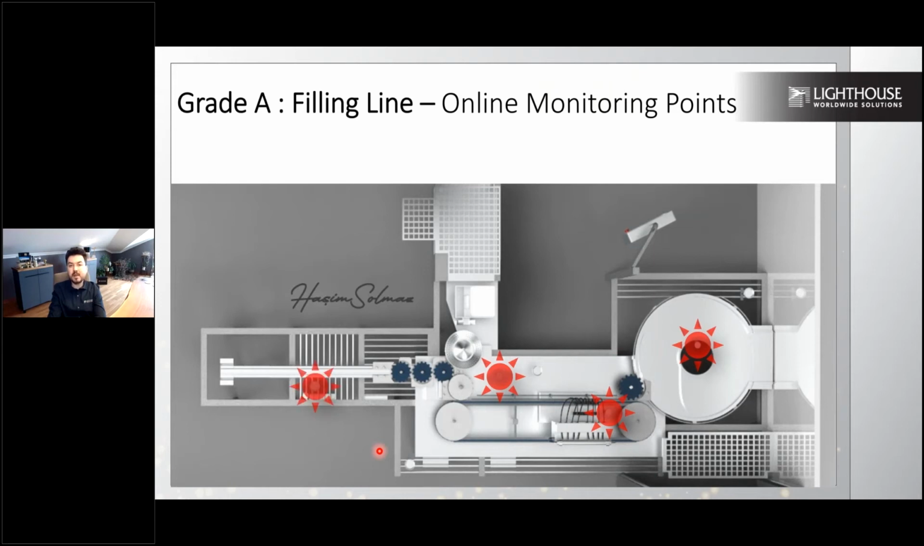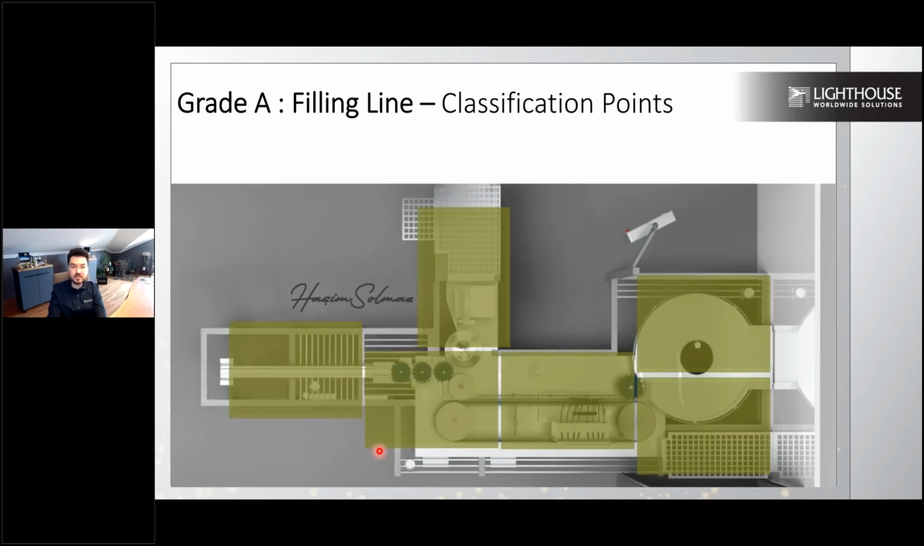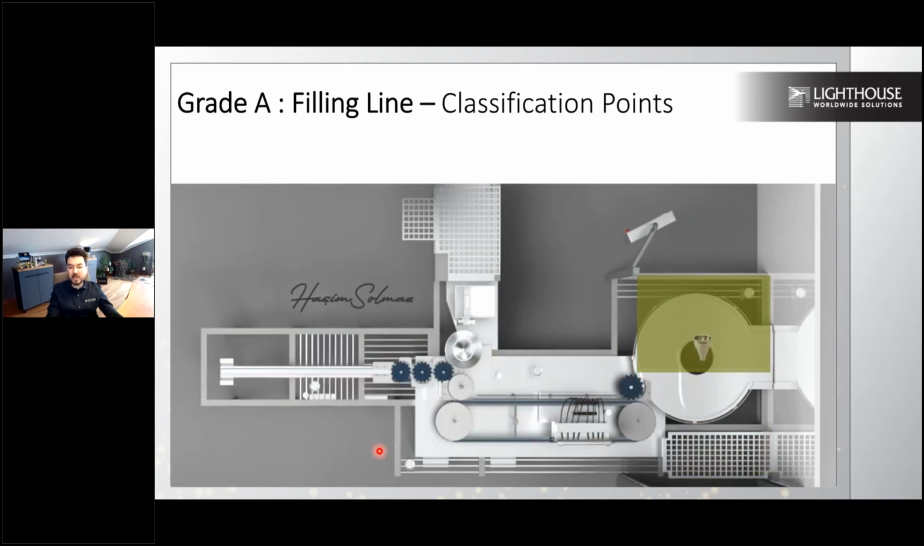Four is for the semi-closed, semi-stopper products to be discharged from the machine to the lyophilization line. So I selected these four locations as my online monitoring points based on a risk assessment. When I'm doing the classification for the same filling line, I need to sample 6 locations. For location number 1, I'll be picking the same location in order to make sure that the same risk assessment will be